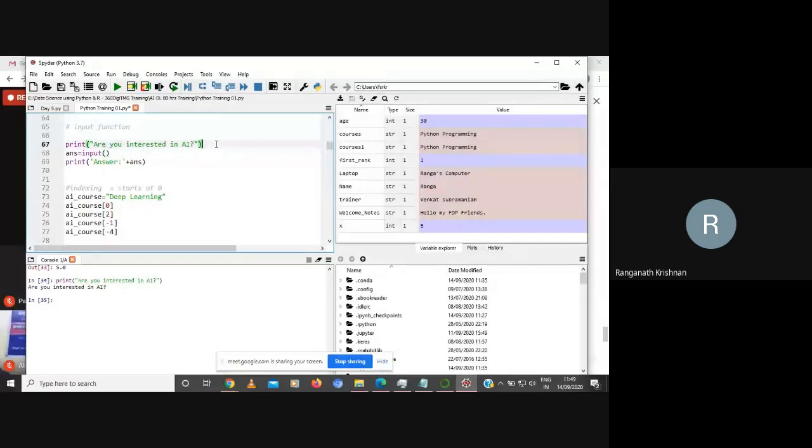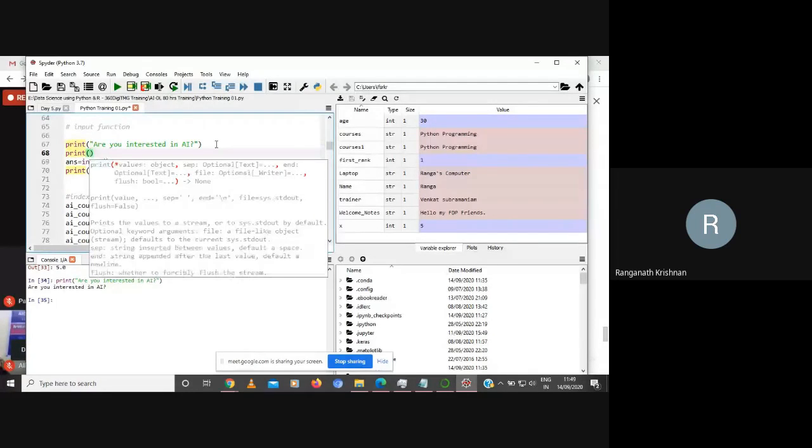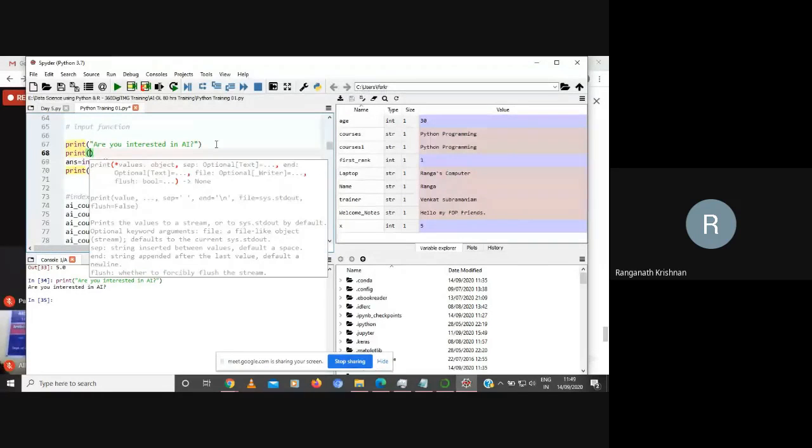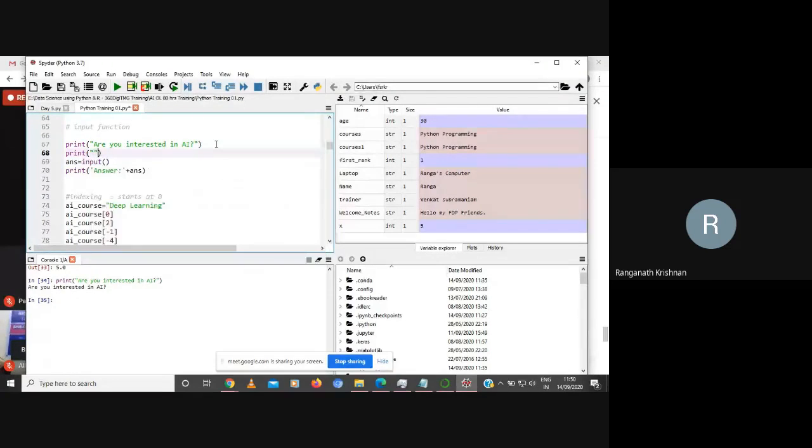Like here, when I type something, say print, it tells you the value. If I did only the open quote, see, it already gave me the close quotes. Autocomplete. I'll do a double quote, and it gave me the closing quotes. So this way you will never make an error. That's how beautiful Python is. So I'm just saying input is equal to answer. Now I'm going to print this.